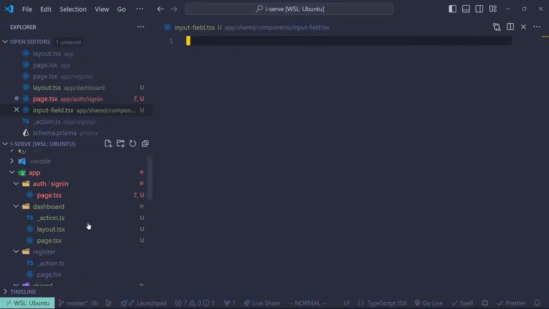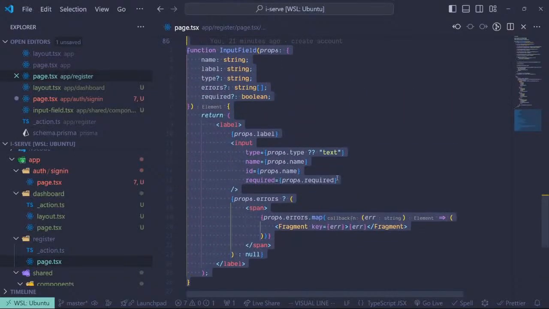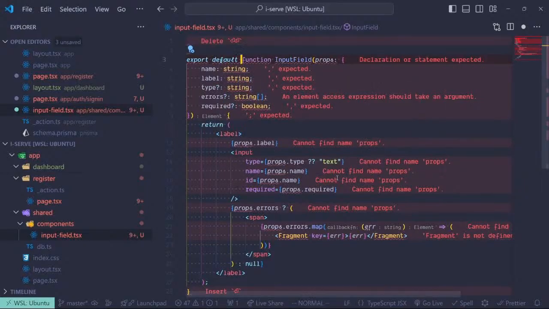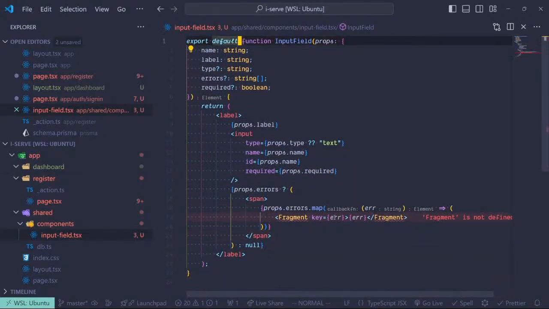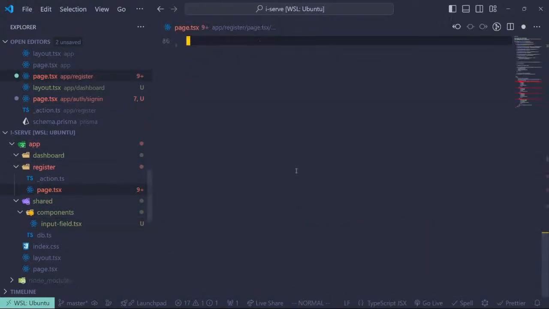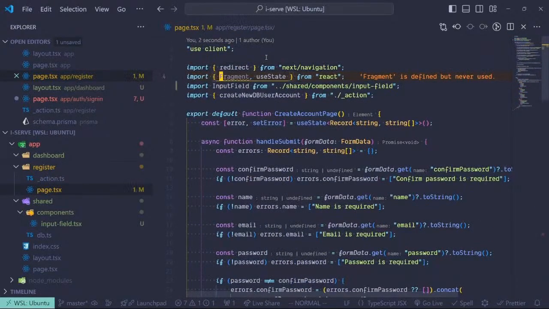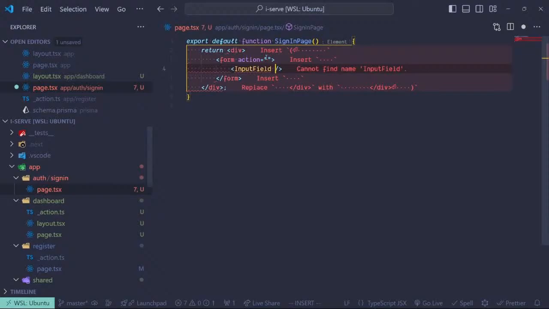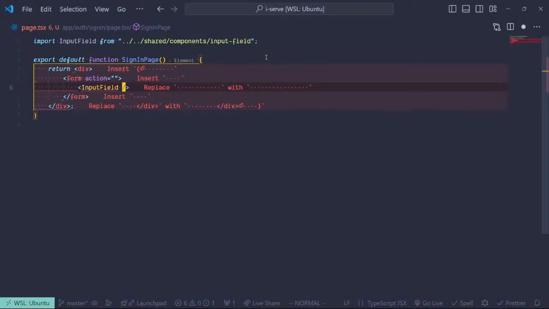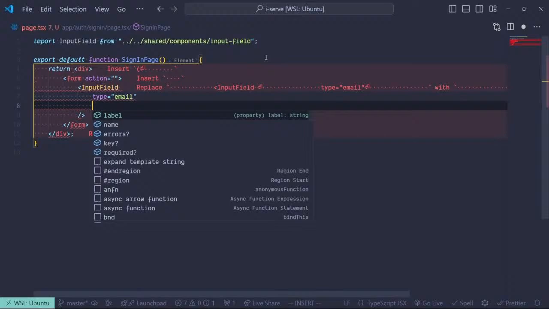All right, and just go to the register, grab the input for us. And we have some fragments. I'm gonna fix that later, but not right now. So let's import this. Okay, so we can just provide our fields. The type is, label is